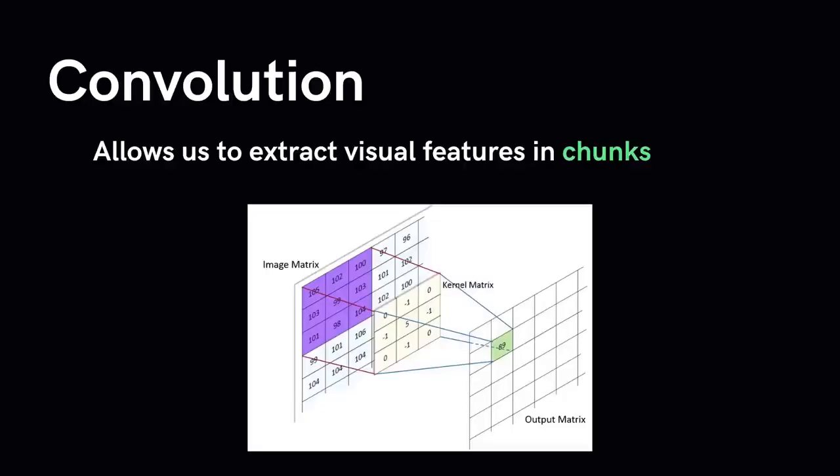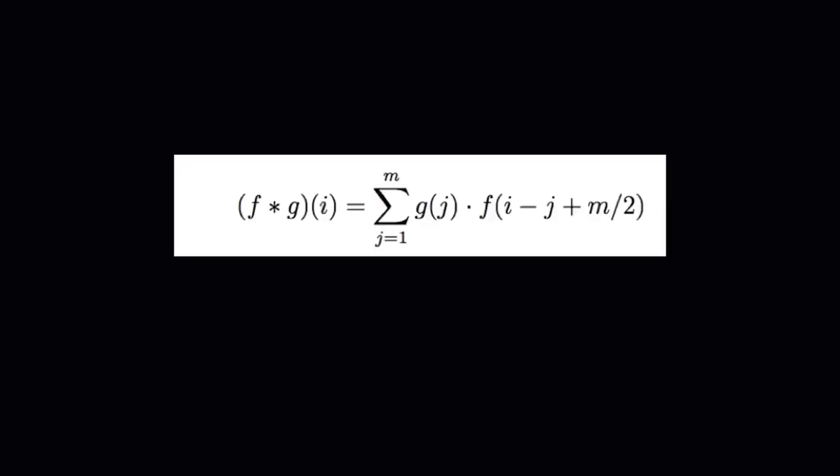Convolution is a technique that allows us to extract the visual features from a 2D array in small chunks. Each neuron in a convolution layer is responsible for a small cluster of neurons in the preceding layer. The bounding box that determines a cluster of neurons is called a filter, also called a kernel. Conceptually, you can think of it as a filter moving across an image and performing a mathematical operation on individual regions of the image. It then sends the result to the corresponding neuron in the convolution layer. Mathematically, a convolution of two functions f and g is defined as follows, which is in fact the dot product of the input function and the kernel function.